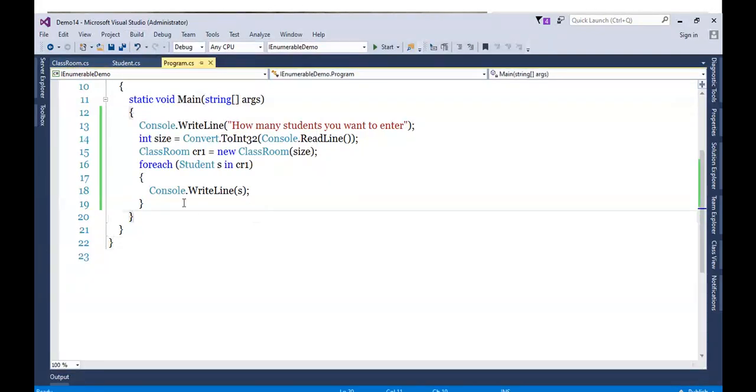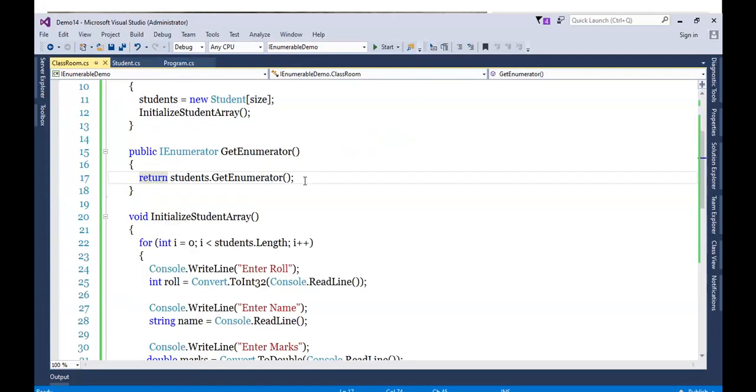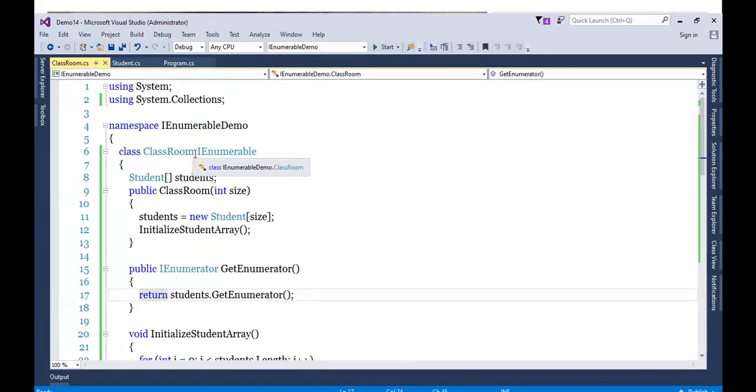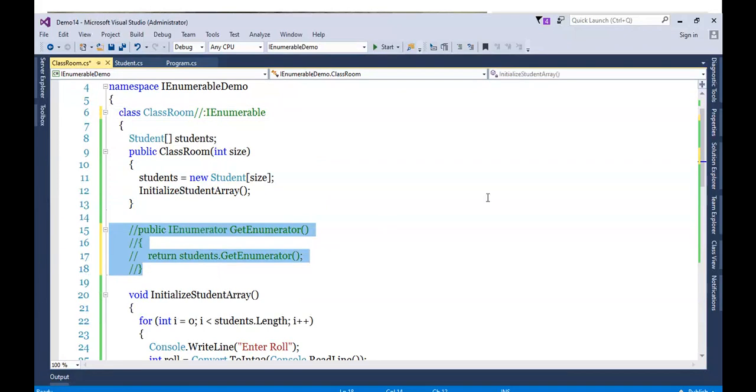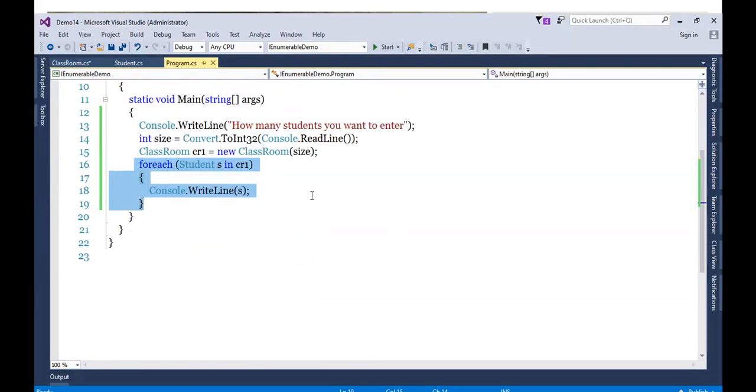Now consider one scenario: I remove this statement and I have not implemented this. This classroom class reference is trying to iterate students.